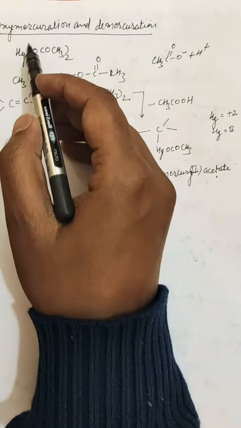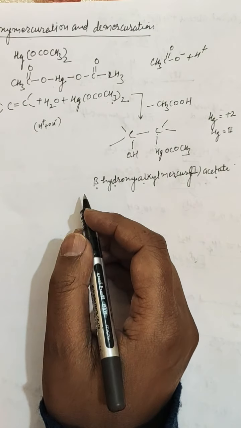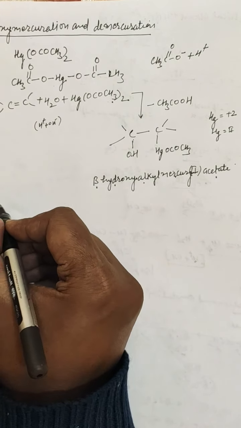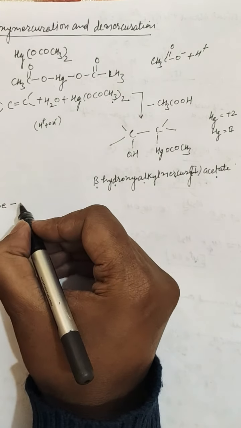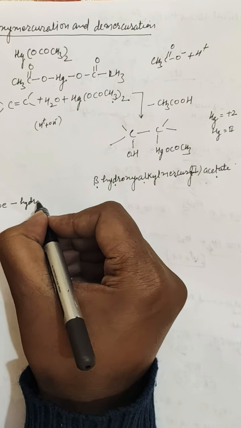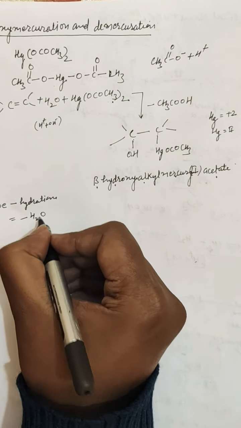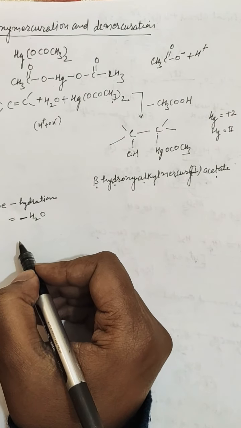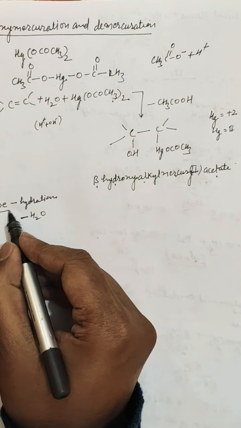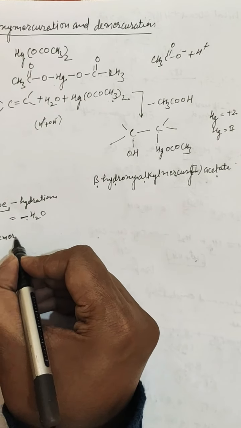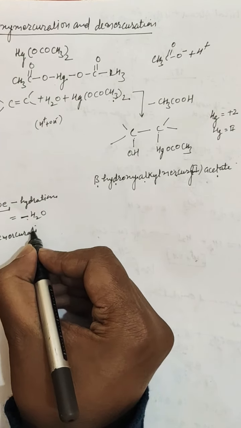Further this was the oxymercuration and the next part of this reaction is demercuration. Demercuration means like dehydration. When we use some prefix D, that is dehydration, it means there is loss of water, removal of water. This minus sign is indicating here that loss. So D simply means removal or loss. So here we are talking about demercuration. This was simple.